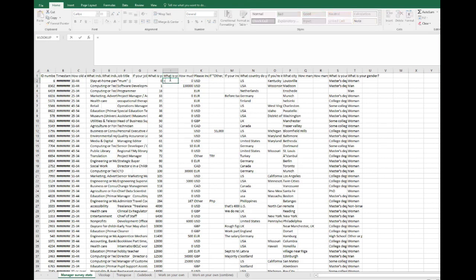I'm going to enter equals if, and open parentheses. I'm then going to select the data that I want to compare to this criteria. In this instance, my data is in H2. Then I'm going to tell Excel, what about H2? What do I need to know? So for this, again, 90,000. So if H2 is above 90,000,